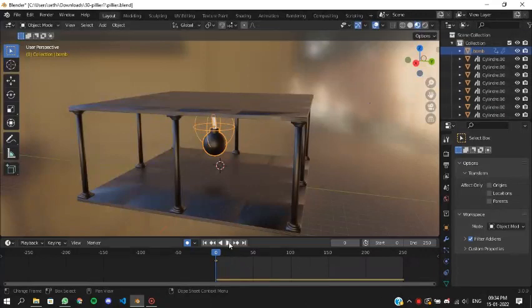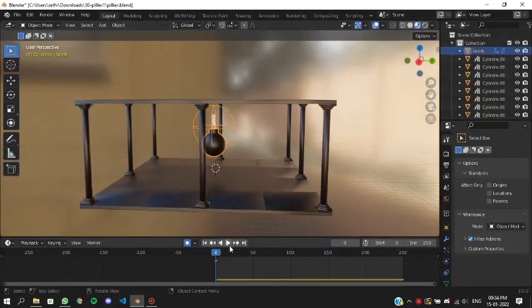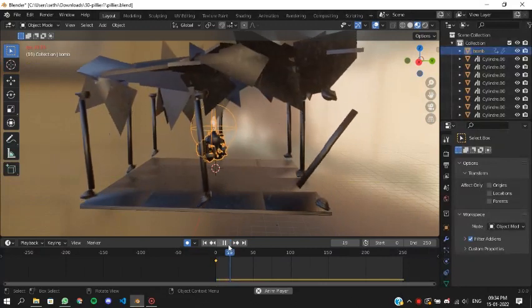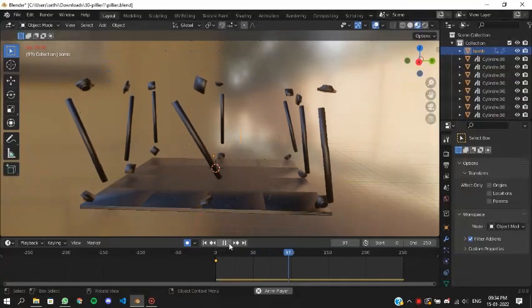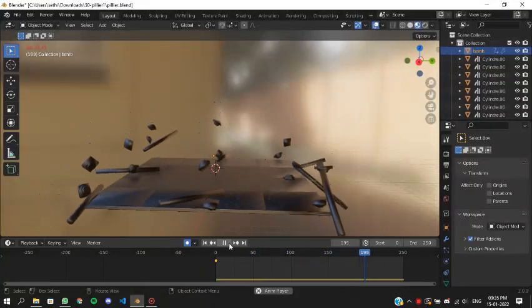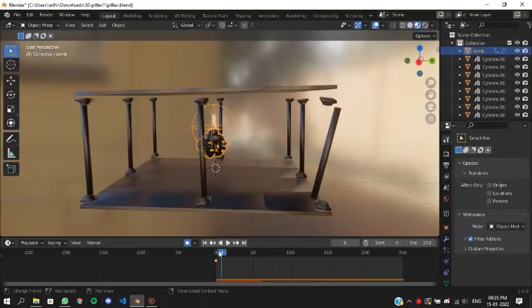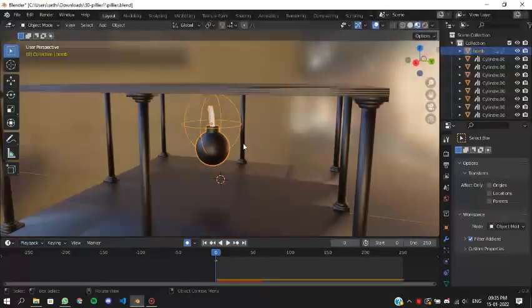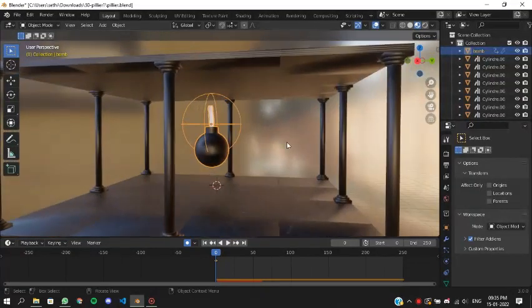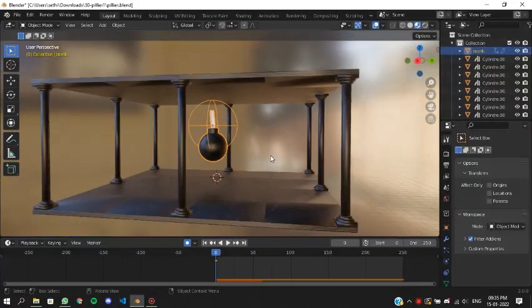So let me play it for you, and then we'll see. This is the whole animation going on around here. The bomb explodes into many pieces, and it also disturbs the area around it.